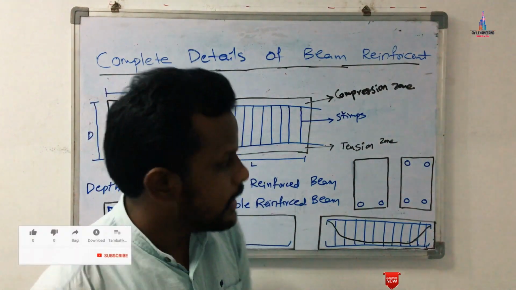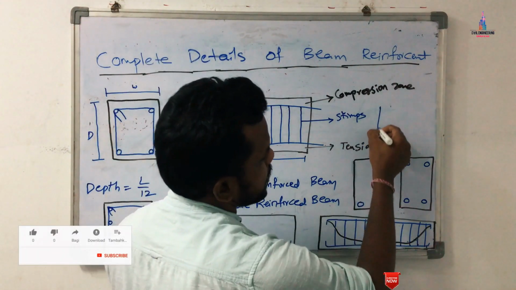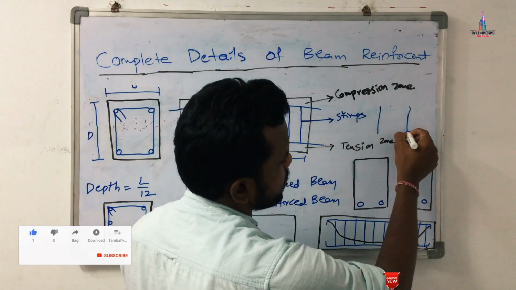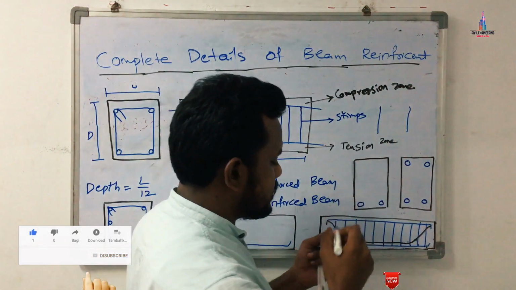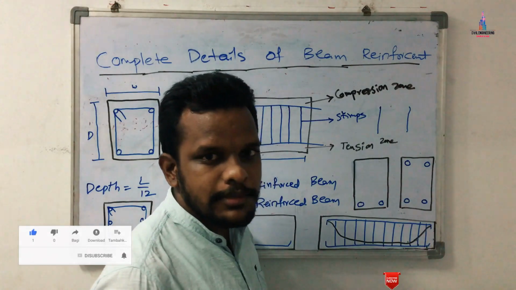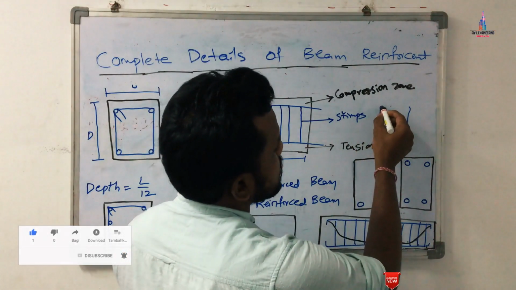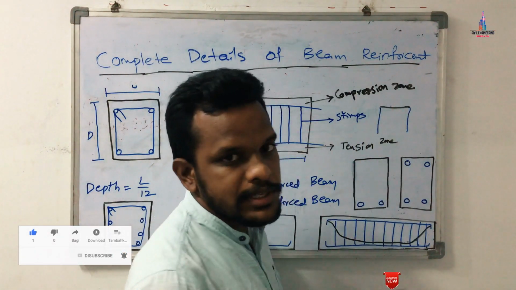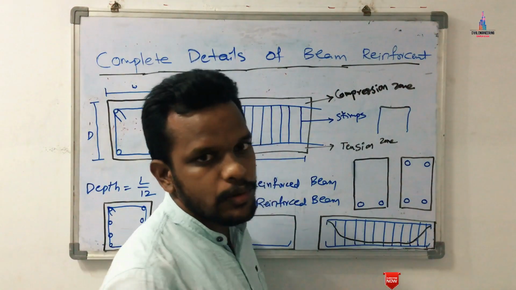For example, let us consider a vertical support here like this, and again another vertical support here like this. In between are the two respective support conditions, which are nothing but the column sections. Then I am providing the beam here. A beam is a horizontal member. Basically, it will take the loading conditions.